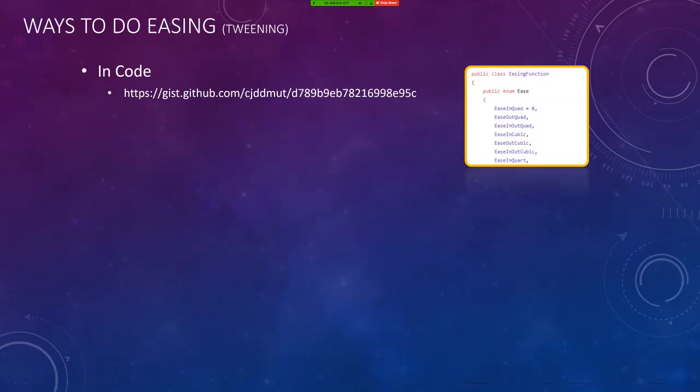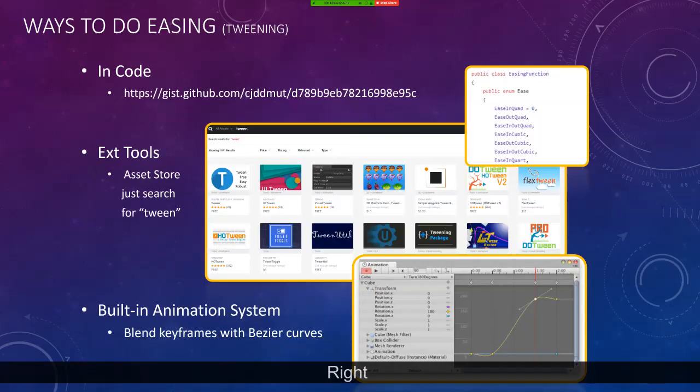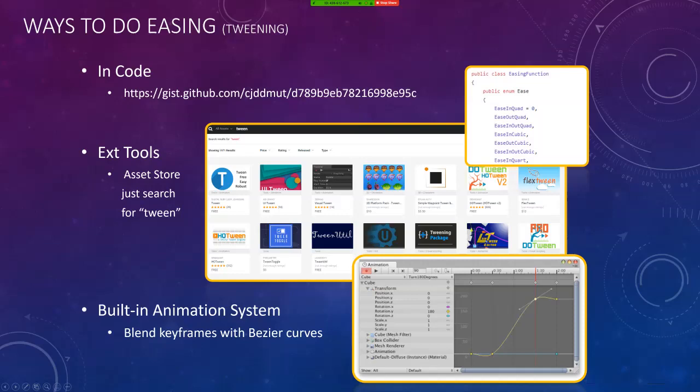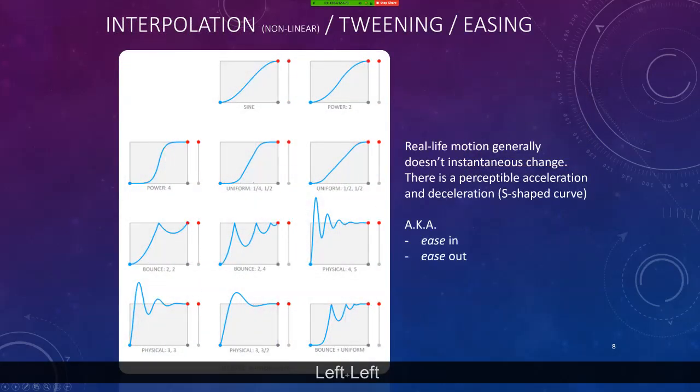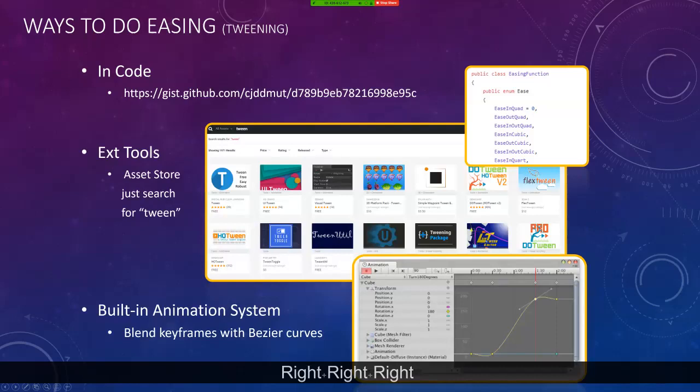So in Unity, you could do this in code, or you could bring in tools. There's tons of stuff on the asset store for this. But I'm mostly bringing it up here because I want you to get a better feel for what's happening between the keyframes, right? So a Bezier curve is just another way of interpolating between these different things. And even though they might not fit the precise form of the way these things are laid out, they are laid out